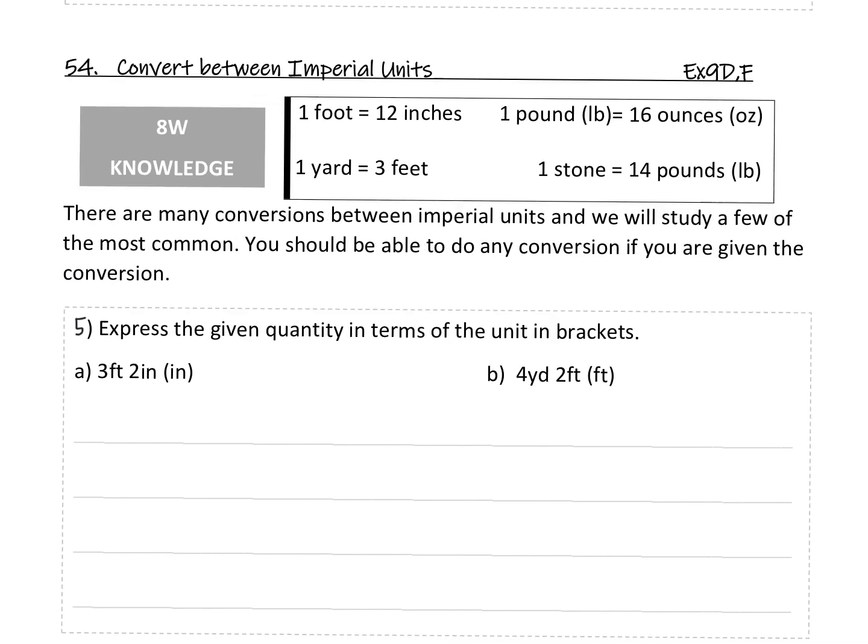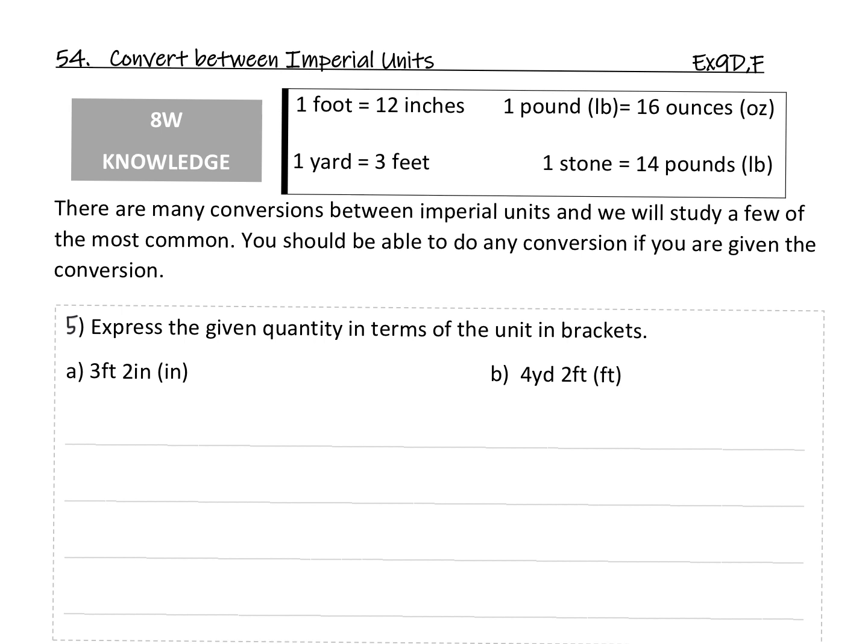Okay, for converting imperial units we need to know some common conversions. 1 foot is 12 inches, 1 yard is 3 feet, 1 pound is 16 ounces and 1 stone is 14 pounds. These are distances or lengths, and these are masses. There are many conversions between imperial units, and we will study a few of the most common ones. You should be able to do any conversion if you are given the conversion. There are other ones that we haven't included here, but these will be ones you'd like to know,